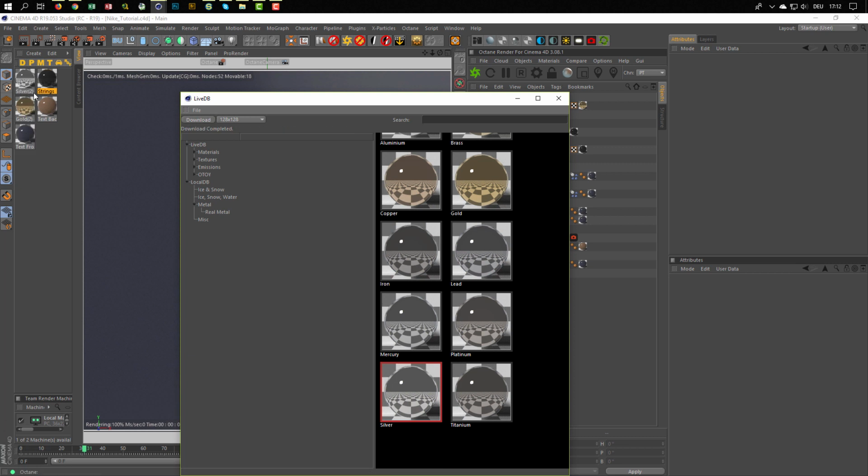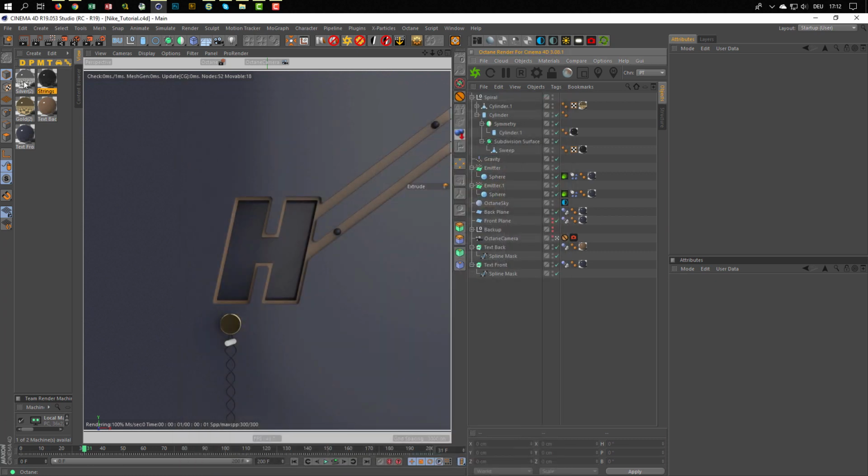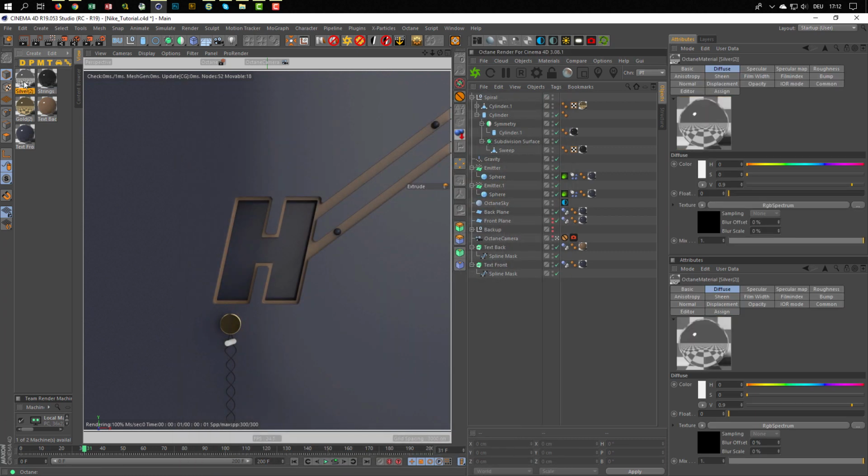I don't know why it says silver 2 here. You see that the name is silver, the name is gold, but when you bring it in, it's silver 2, it's gold 2. I don't know why, but that should make us so